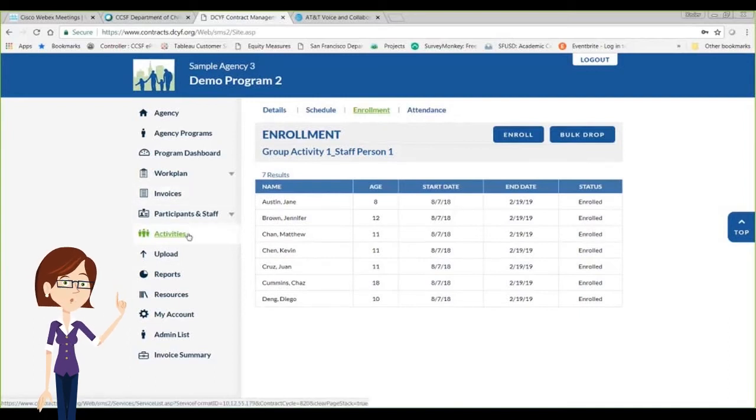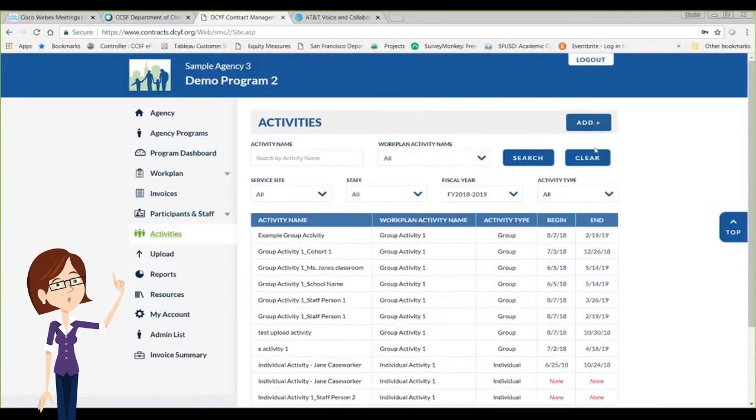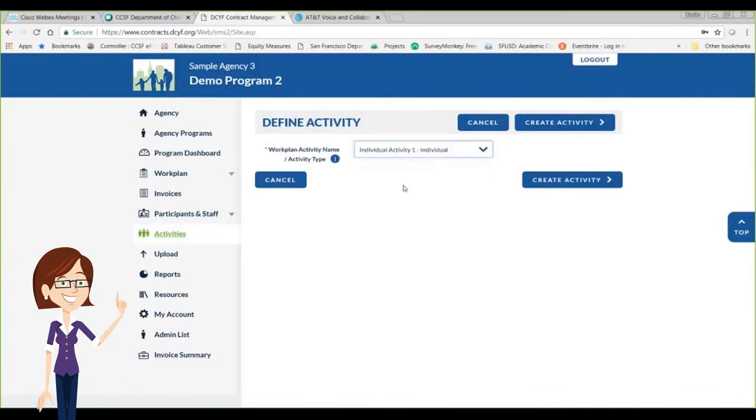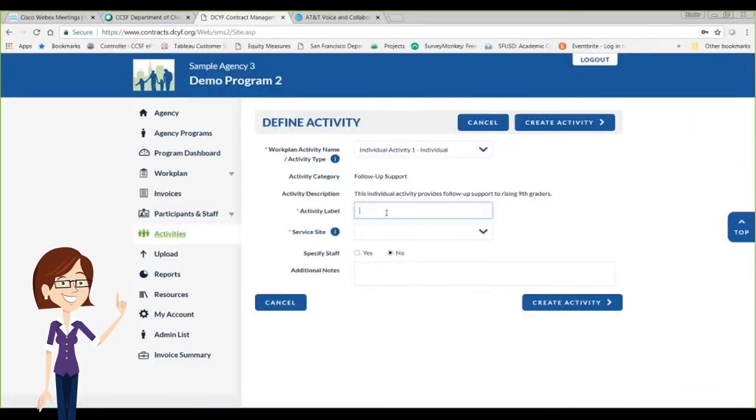Now, let's add an individual activity. To add an individual activity, click on the Add button from the Activities page. From the Define Activity page, select the individual activity name/activity type from the drop-down menu. Next, add details to the activity by completing the required fields as indicated by red asterisks, activity label, and service